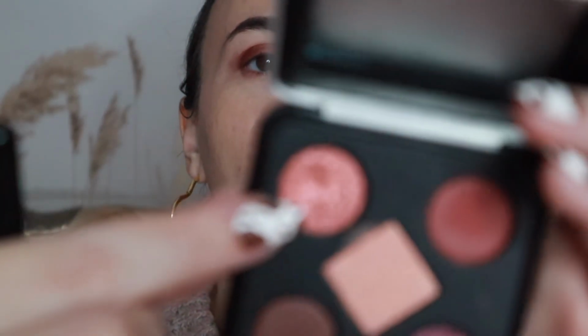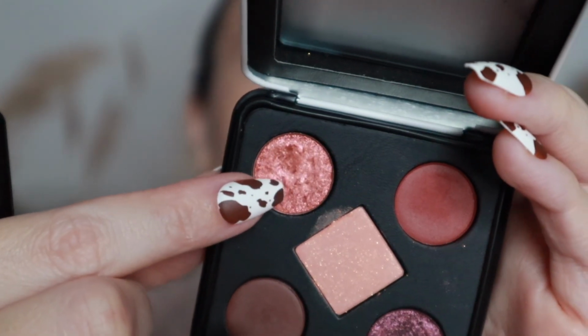So I'm going to go back into that Sigma E54 and take this shade right here in the palette. Actually, no, I'm going to go into a ColourPop E30, which is just a small angle brush. We're going to use that instead, and I'm going to run that along this lower lash line. Now this is one of those shades that would be much better applied with a finger because it's one of those creamier formulas,